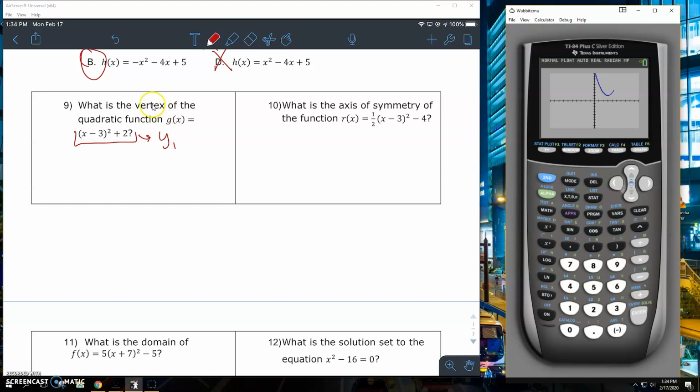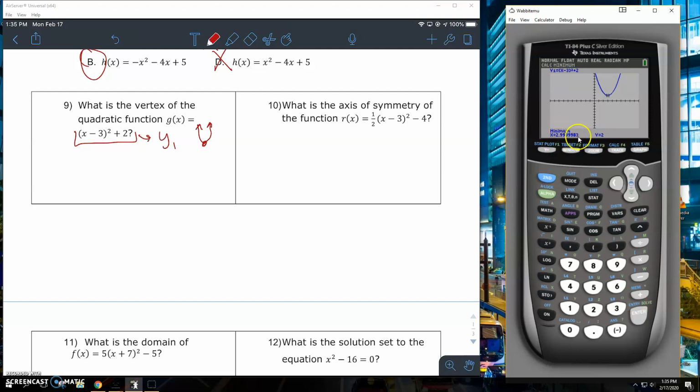So when looking at the graph, your vertex is going to be your minimum or your maximum. So here looking at this graph, it opens up, so I have a minimum value. So I'm going second trace. I'm going to go down to the minimum, which is number 3. The first thing I'm going to do is go to where I think the minimum is. So I think the minimum is right there, so now I'm going to move to the left side and press enter. I'm going to move to the right side of it now and press enter. When it says guess, I press enter one more time,